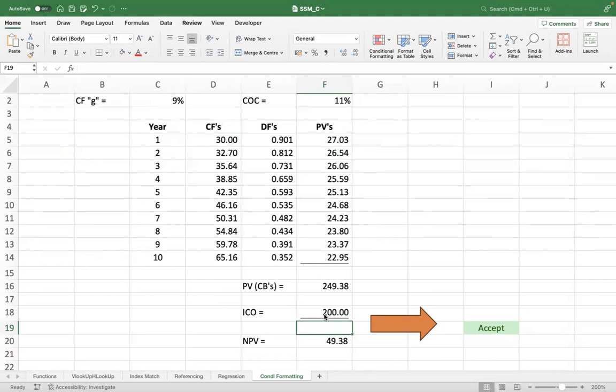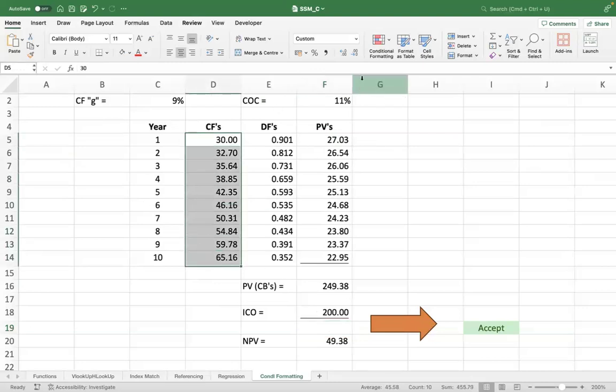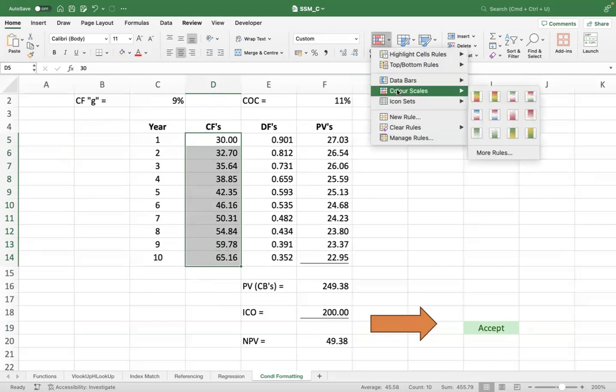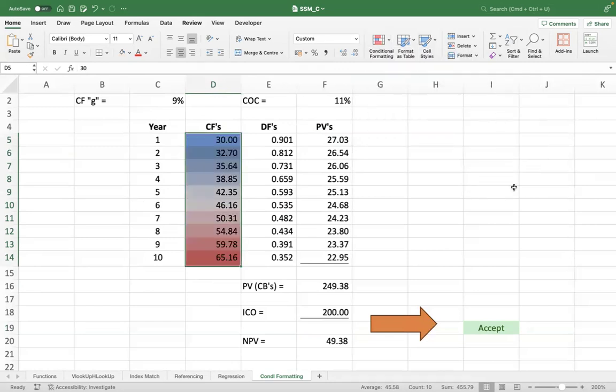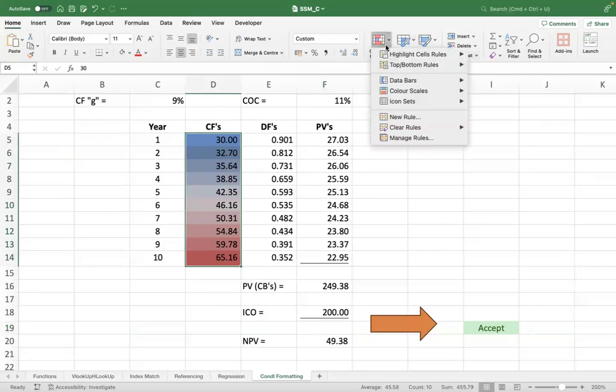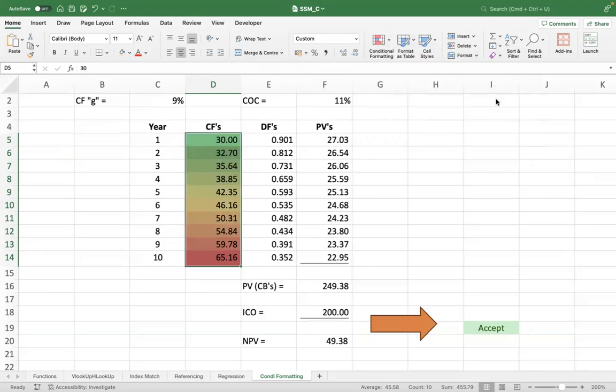So here your decision is changing, and your color code of the decision is also changed. That's why it is called conditional formatting. You can also apply this on the cash flows here. You can do color scales. So if you do color scales here, you can get green, and typically if you want to be more conservative, you can take the green option. So you will see that